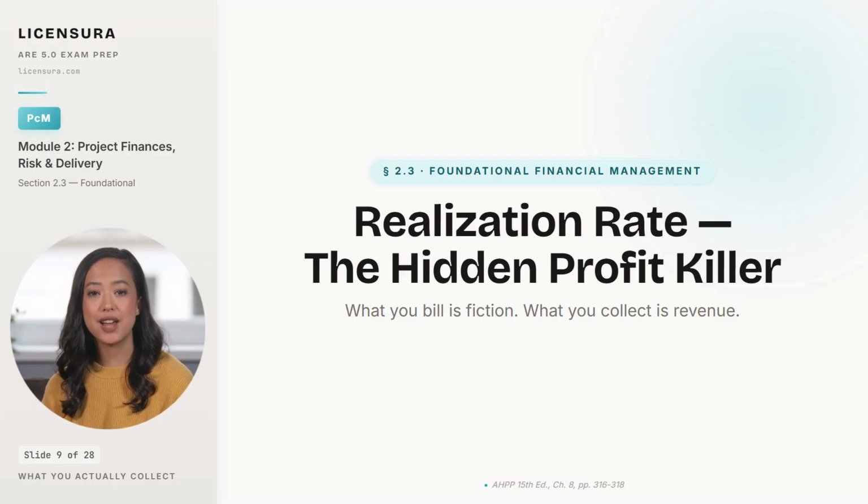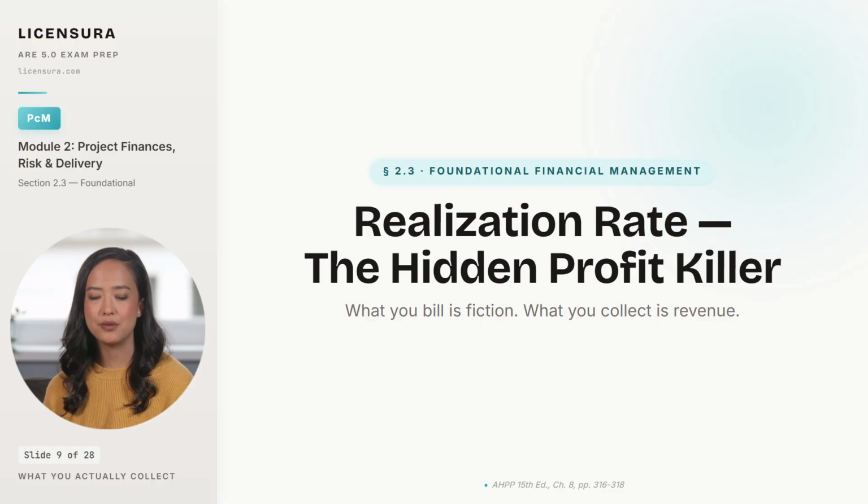Every architecture firm has 2 top-line numbers, and most owners only watch one of them. The first is what you bill: invoices sent, fees stipulated, the headline revenue on the proposal. The second is what you actually collect, after write-offs, after disputes, after the scope creep you couldn't bill back. The gap between those 2 numbers is where firms quietly bleed profit, and the metric that exposes it is the